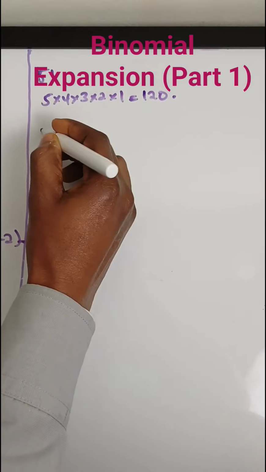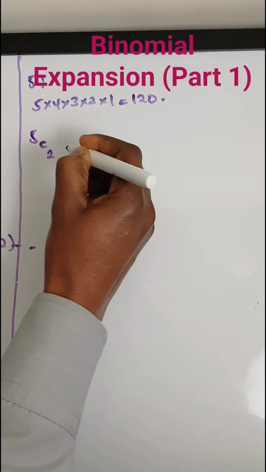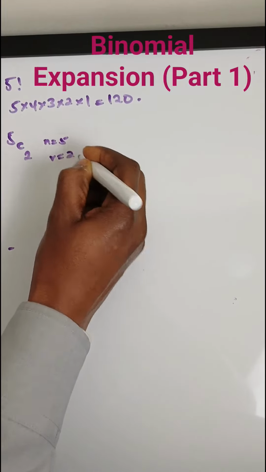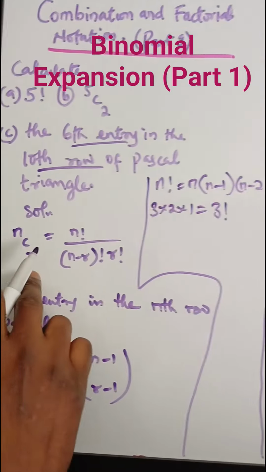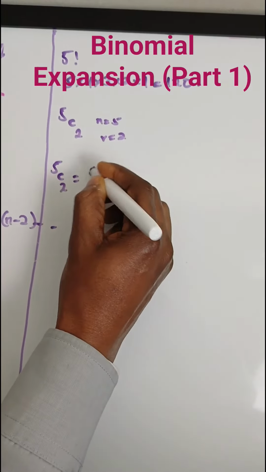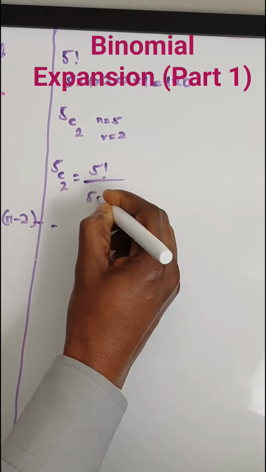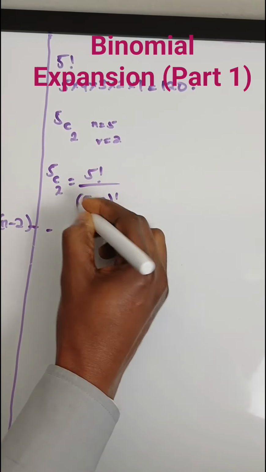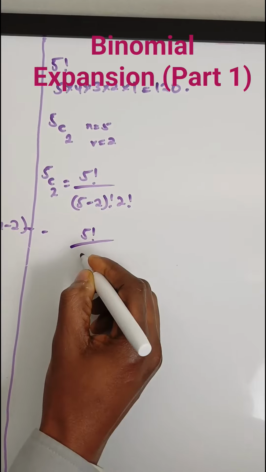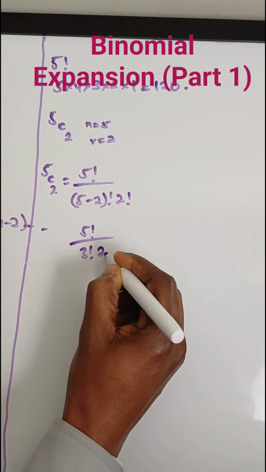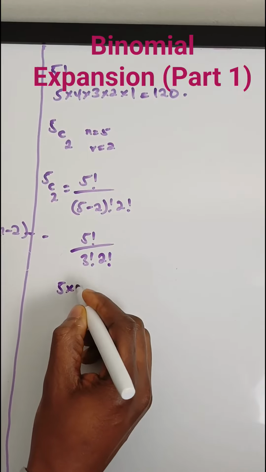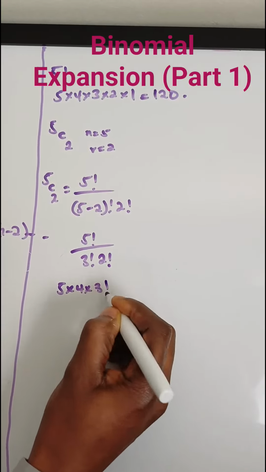And the second one is 5 combination 2, where your n is 5 and the r is 2. So if we apply this formula, the 5 combination 2 will now be 5 factorial over 5 minus 2 factorial times 2 factorial. So we have 5 factorial, then 3 factorial, 2 factorial. So we can now express 5 factorial as 5 times 4 times 3. So you have to stop at